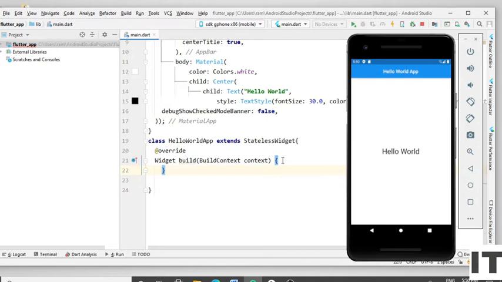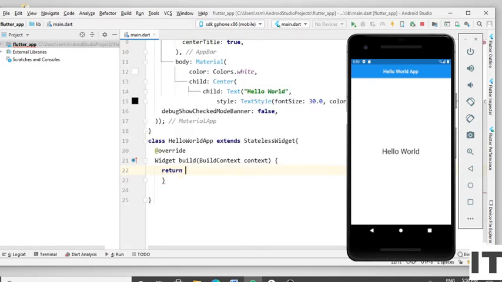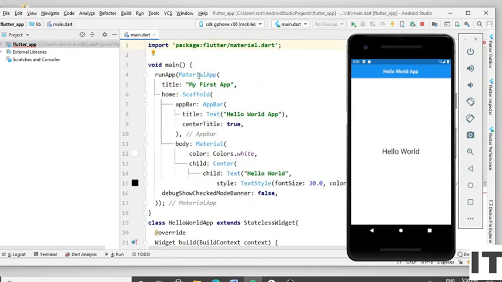Then write the return statement. This method simply returns a widget. I think it is the right time to return a widget such as MaterialApp.